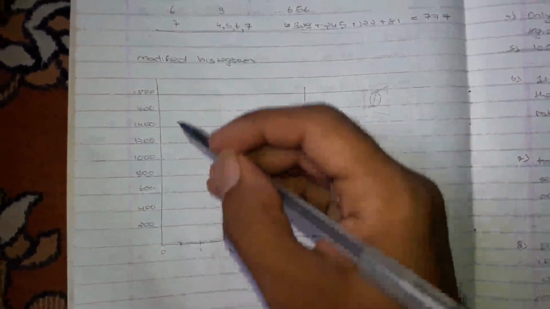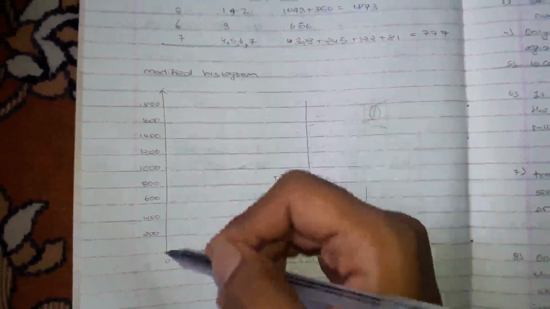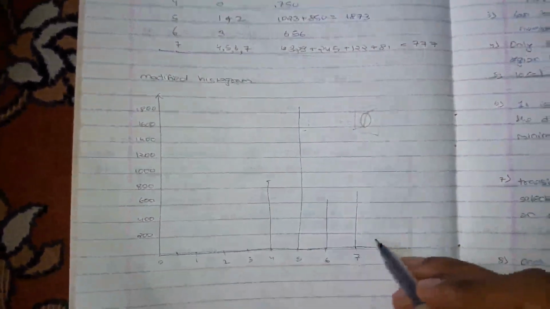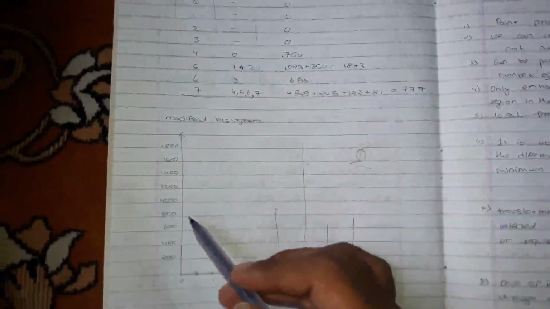So this is the final histogram after modification. You can draw a graph like this. On the y-axis I have the pixel values, and on the x-axis I have the grayscale. You can see that there is no 0, 1, 2, 3, so those are all zeros. Next 4, there is 750, so this is 800, this is,